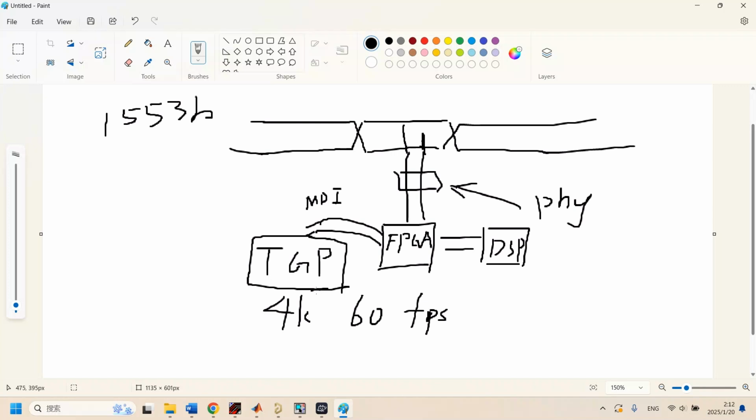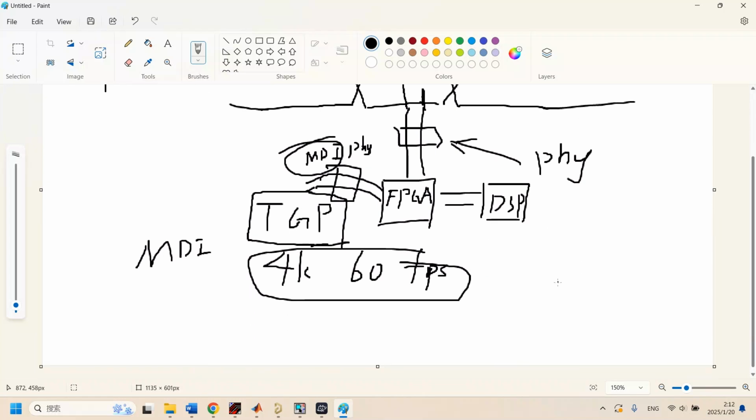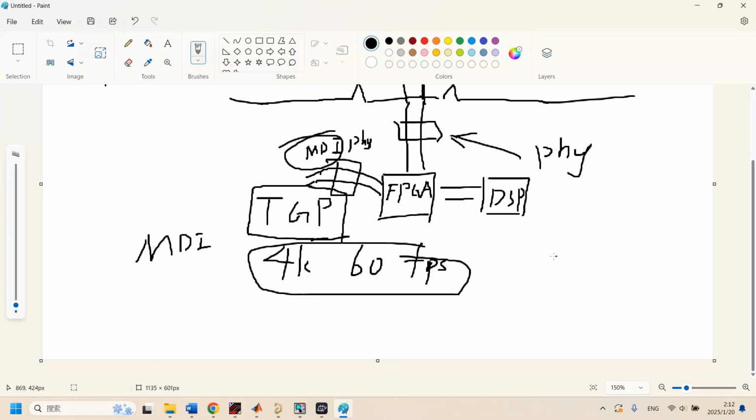For example, here's a TGP pod. I have the MDI input, which you see here, and it also needs to go through some IT logic to get into the FPGA. After the FPGA gets those binary data, like this, like you know, we know,